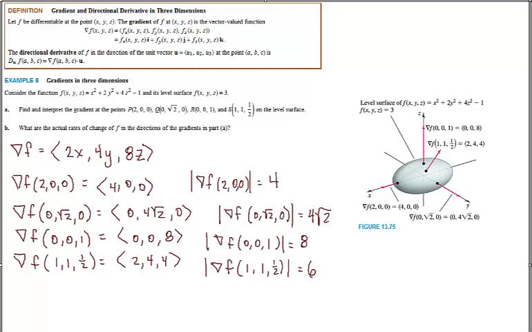Here are the magnitudes of each of these. So this is how this slope is changing, and it is increasing at each of these different points. And that concludes